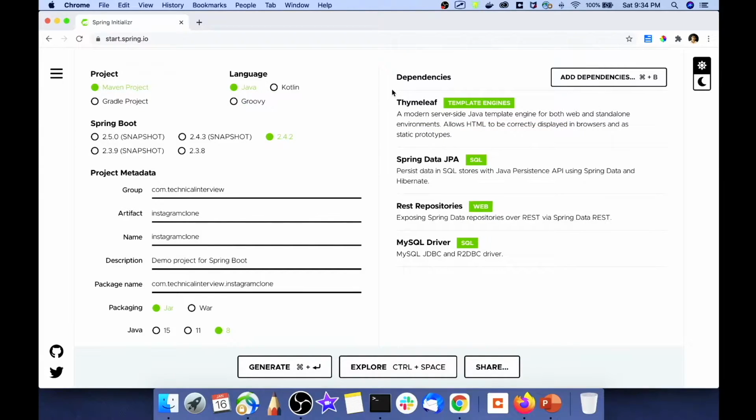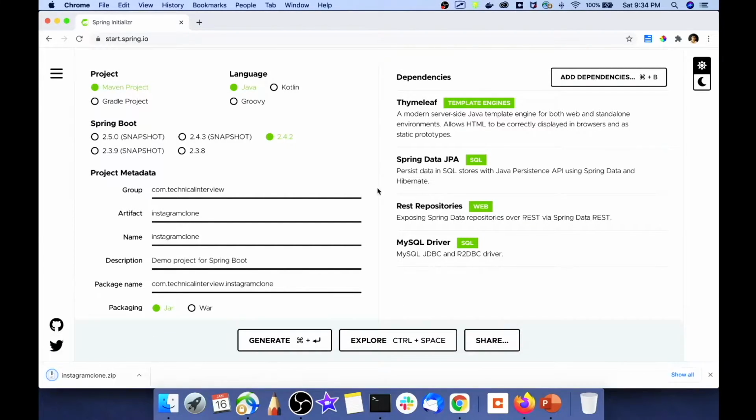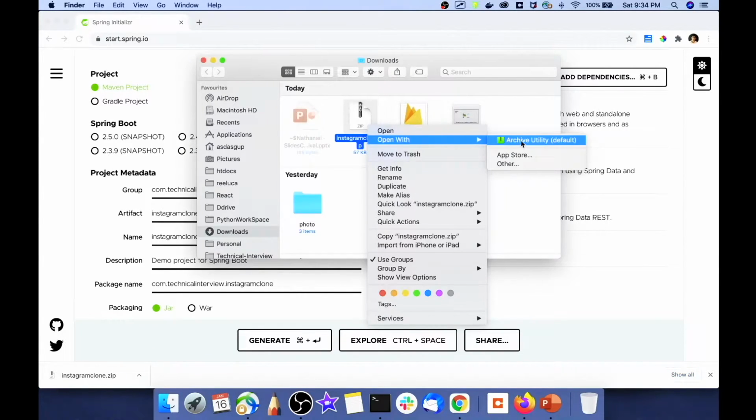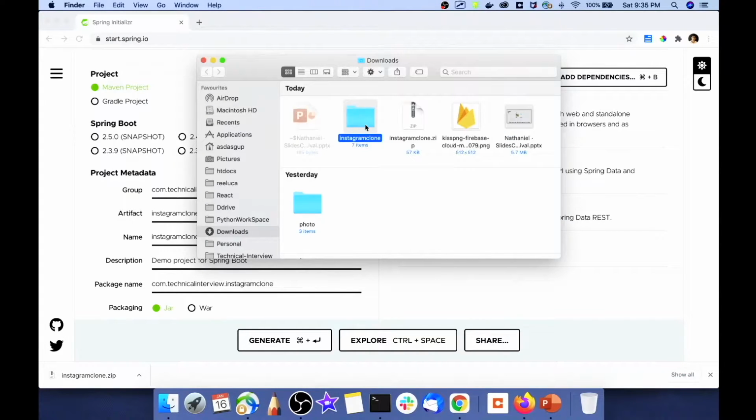So if we need any further dependency while developing the project, we will be adding those dependencies in our POM file. So as of now, we will go with this basic setting of our Spring Boot application, and let's build our project. So we'll click on this generate button over here. So the Spring application over here will generate a project, and you can see that the project got downloaded over here. So let's open this project. So let's unzip this file over here. So we got the project over here, which is known as the Insta clone. So let's now import this Maven project in Eclipse so that we can start building our REST API.